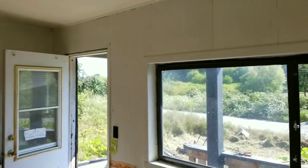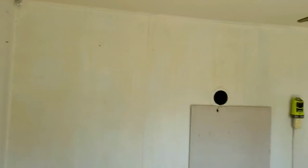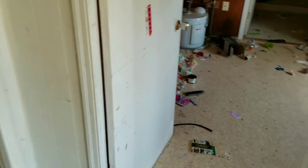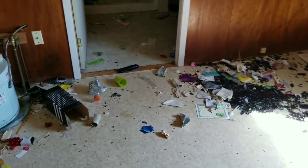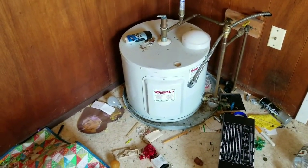This is the living room. It's a really small house, so you're not going to get a very good view of much here. This is bedroom number 2, I'm guessing. It's dry in here, and that's nice. Look at this little itty bitty water heater. That's a trip. That's only got to be 5-10 gallons. And then the bathroom actually doesn't look terrible. I know maybe it does look terrible, but